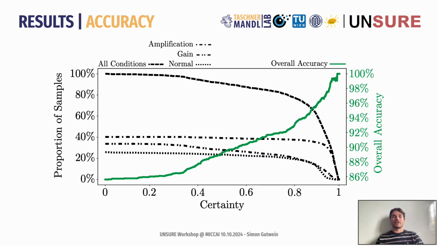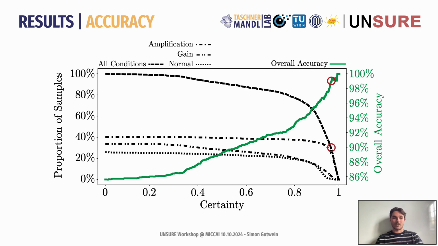As we are mainly interested in the performance on real-world data, we tested our model on a highly curated real-world dataset. As shown here in green, we achieved an overall accuracy over the whole dataset of approximately 86%, which increases when discarding uncertain cases, conditioning on the uncertainty. It increases to 95% for the most 75% certain cases, and even going up to 99% for the 30% most